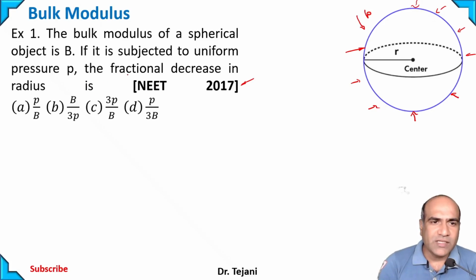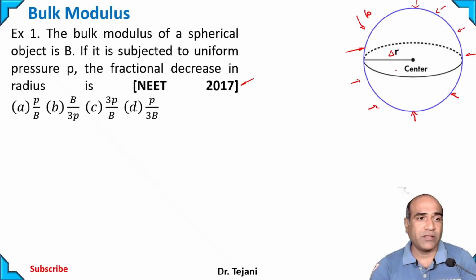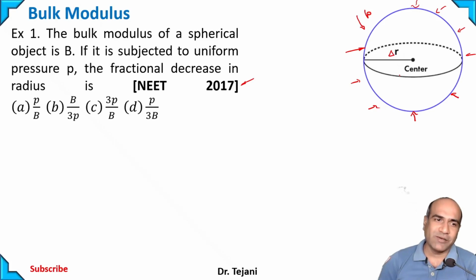So this question is asked. The fractional decrease in radius: the original radius is r. What is the decrease in the radius? We need to identify the fractional decrease in the radius. The question was asked in NEET 2017, and the options are P by B, P by 3B, 3P by B,